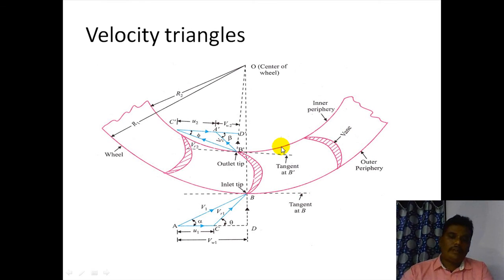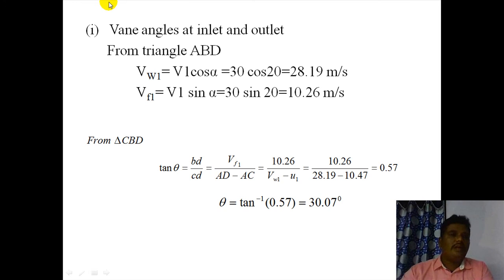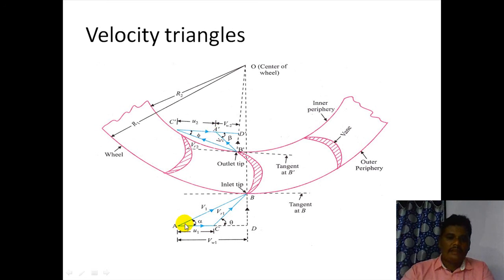This is the diagram that was considered in the previous diagram. When you want to solve the problem, you have to draw the diagram, so we need to know how to draw the velocity triangles. Now with the help of the triangles, I am finding the vane angle at inlet and outlet. From triangle ABD,